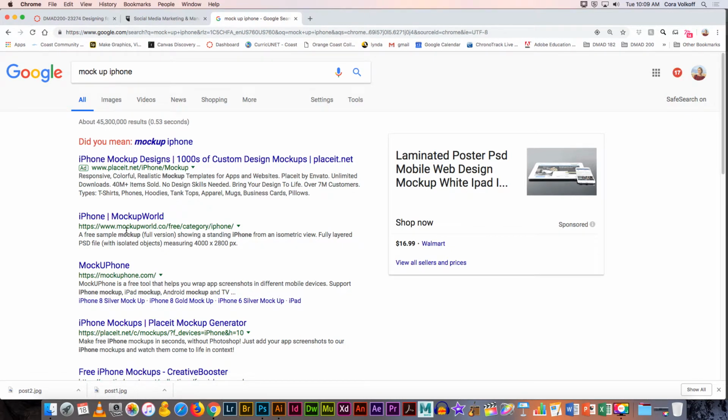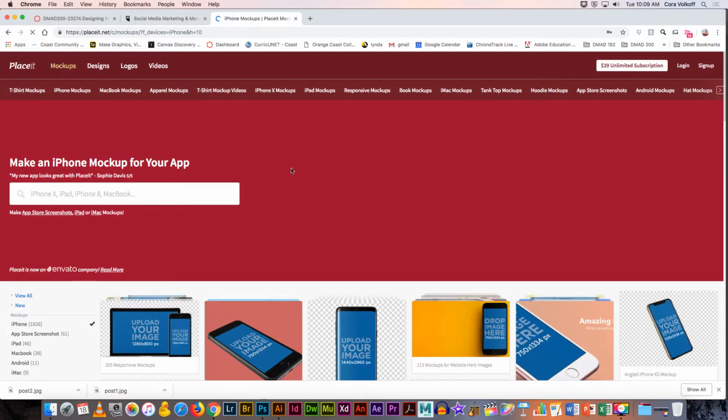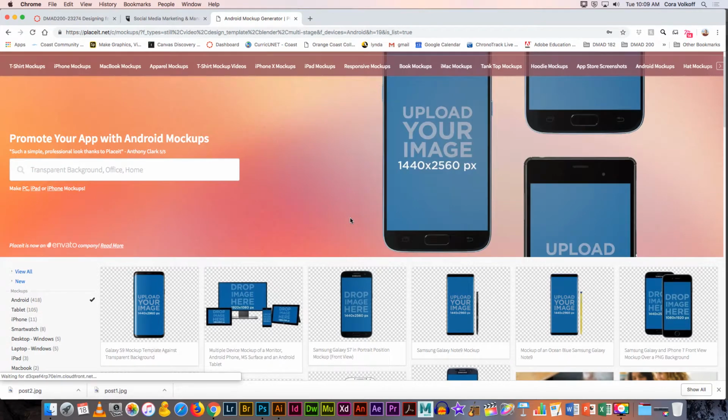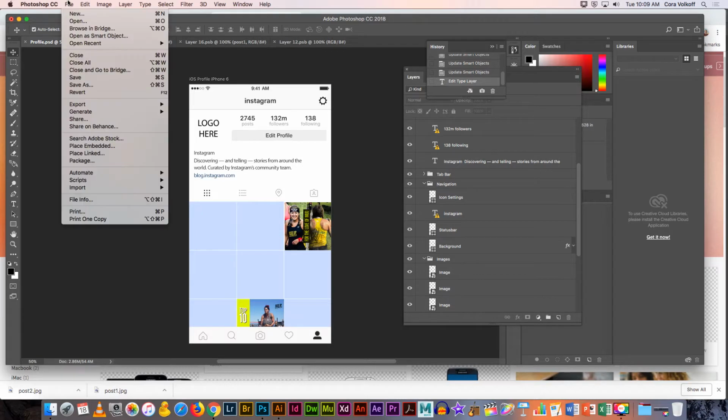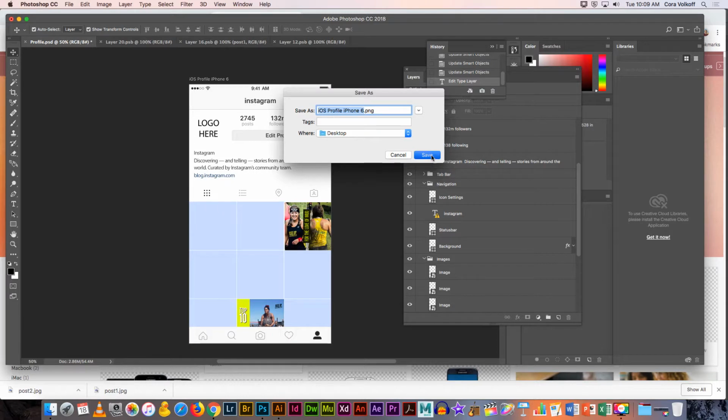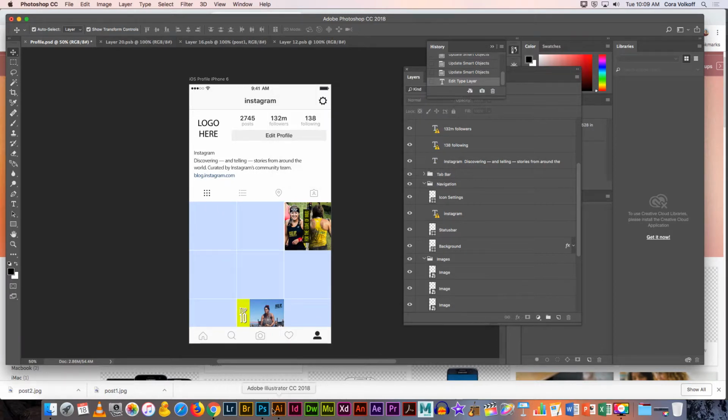So then you can take your mock-up of a mock-up. So you can save, let's see. This used to be free. It was the best ever. It was called Place It. Now they put a watermark on it. But it's the same idea. You could export. This is a quick PNG. And then you have a PNG, and then you would find another smart object that's a phone, and then you would double click where the screen is, and then you would place that PNG,